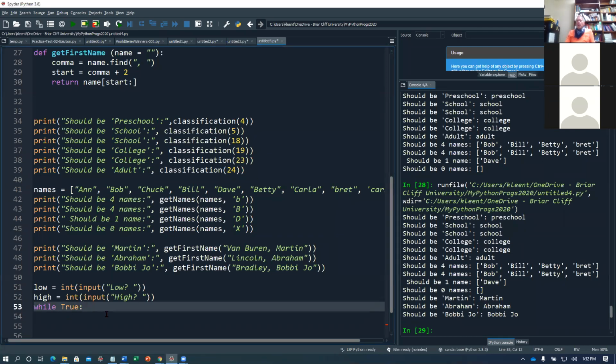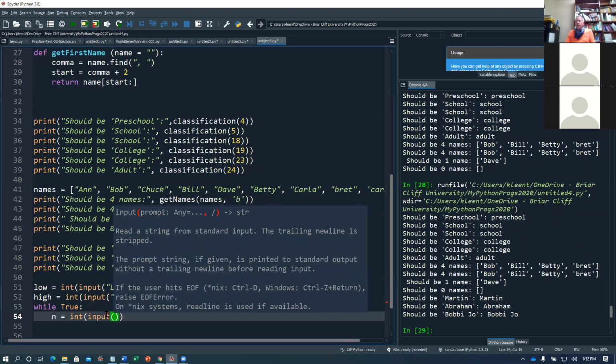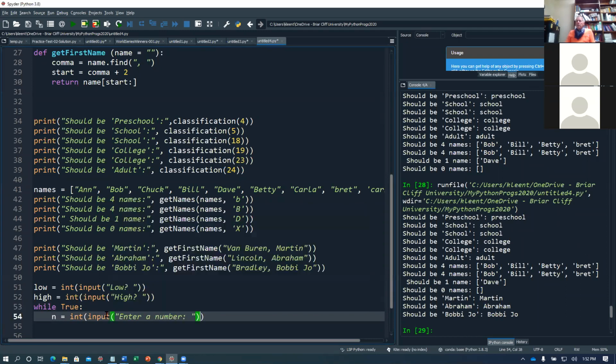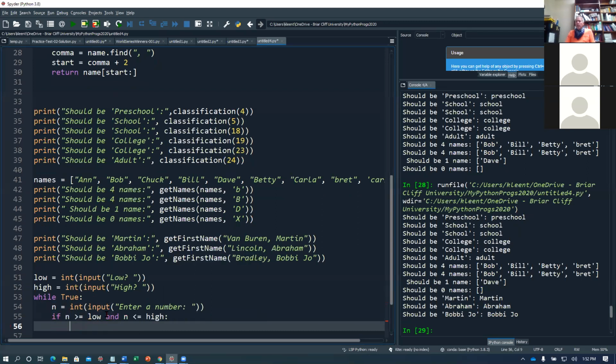Okay, so what do I want to do? I want to get a number from the user. So there is no context for this, so we'll just call it n equals. And it's going to be an integer, and it's going to be input, and we're going to ask them to enter a number. Then we're going to check that number, and if the number is greater than or equal to low, and number is less than or equal to high, both of those are true, then it's in between. And I want to take my total and equals total